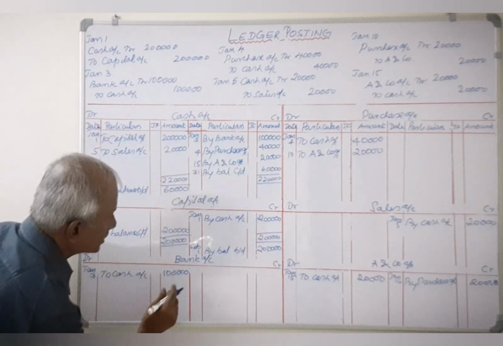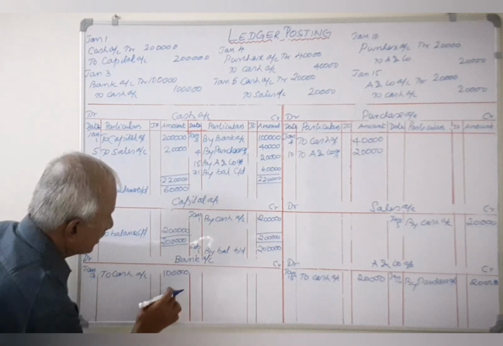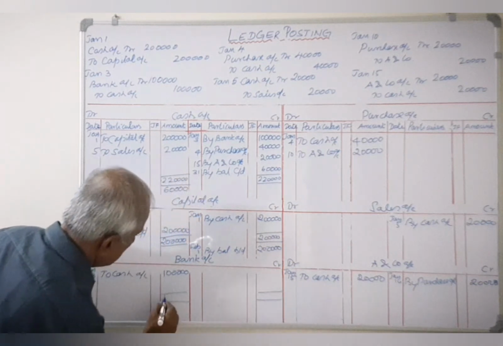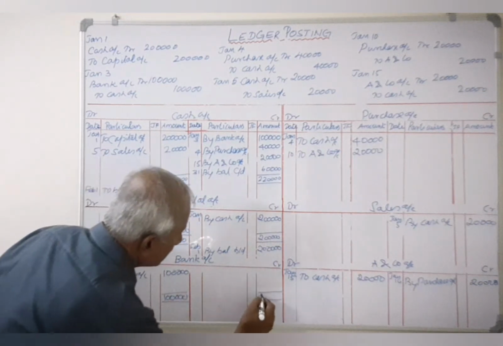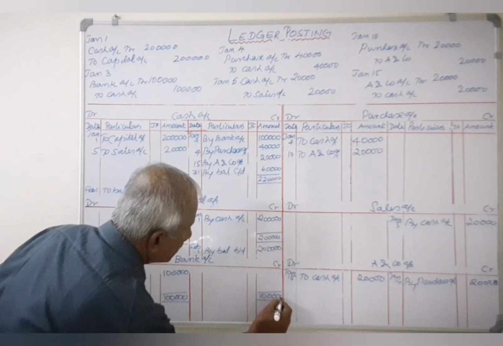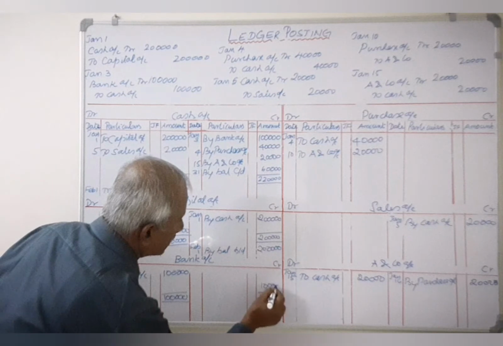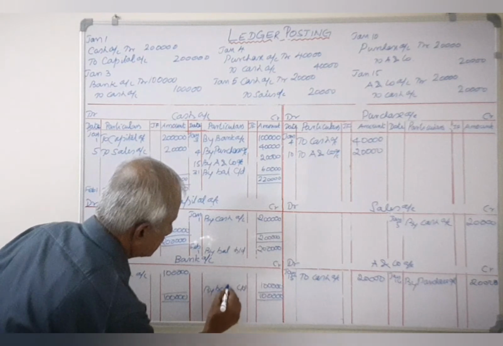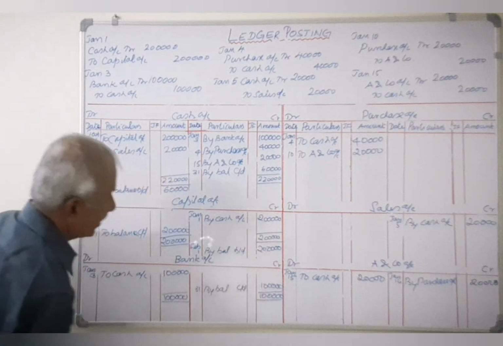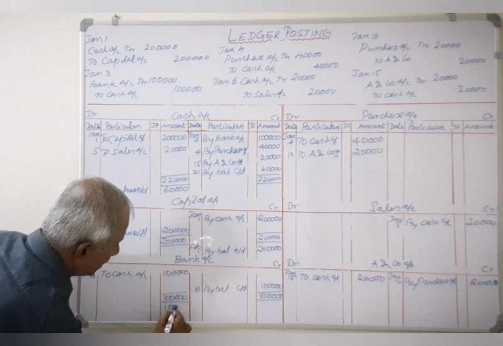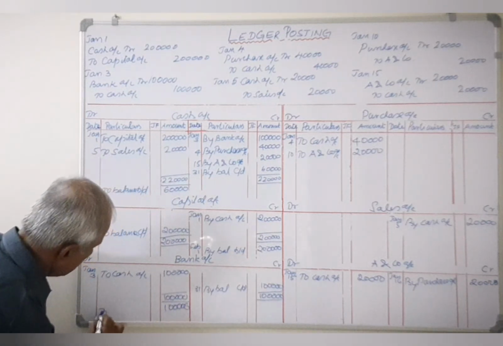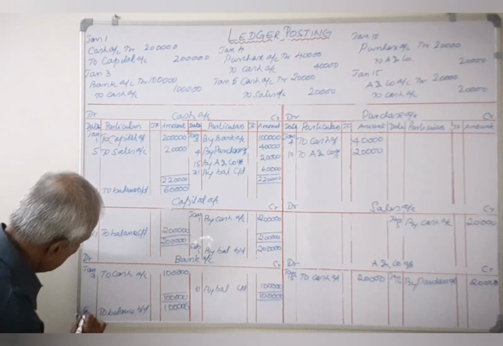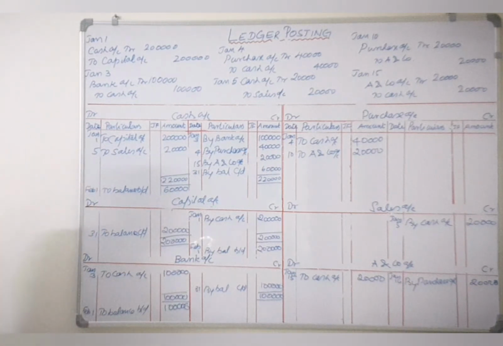Now let us pass on to the next account. Now this side is nothing and on this side you have 1 lakh. So 1 lakh, heavier side, 1 lakh. Carry the same total to the opposite side, 1 lakh, and the difference is also 1 lakh, and this is always carried down. So "By balance carried down", this is the last date of the month, and carry the same amount to the opposite side, 1 lakh. Against it you write "To balance brought down". This is the first date of the next month.